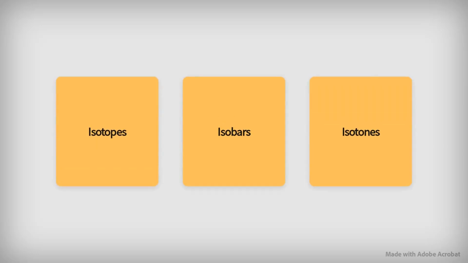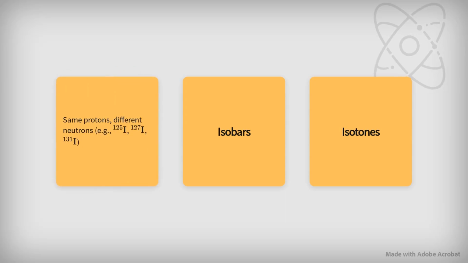Here's how scientists classify atoms. Isotopes, isobars, and isotones each highlight a different relationship between atomic numbers and neutron counts. Isotopes have the same number of protons but different numbers of neutrons, as seen in examples like iodine-125,